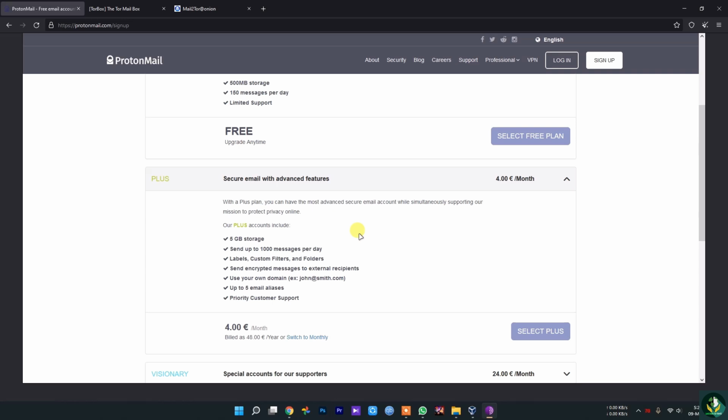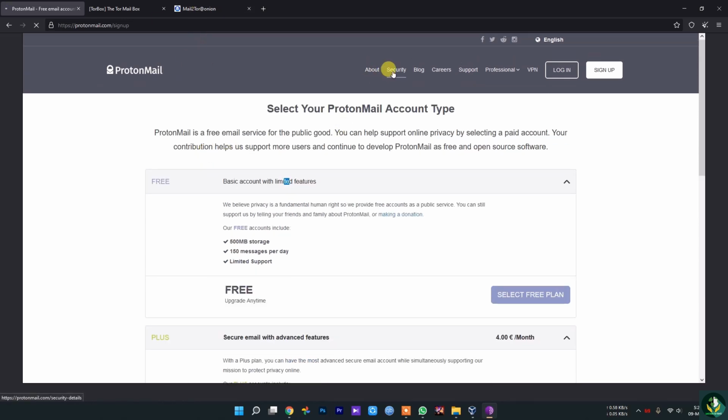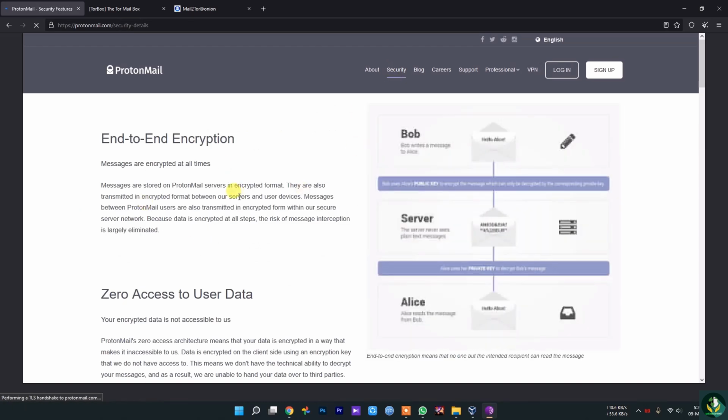That helps us. Proton Mail is free and open-source software, so the payment options package helps support their development. Now you might be asking yourself, what security do they use? You can go to the security option and read all of this.